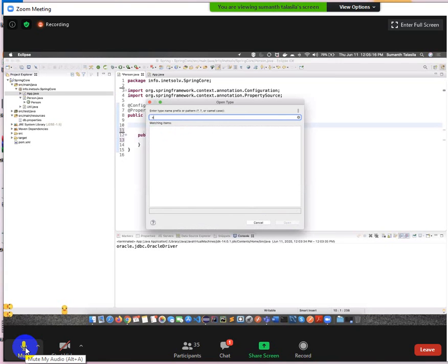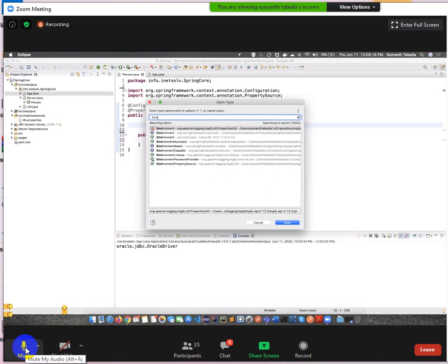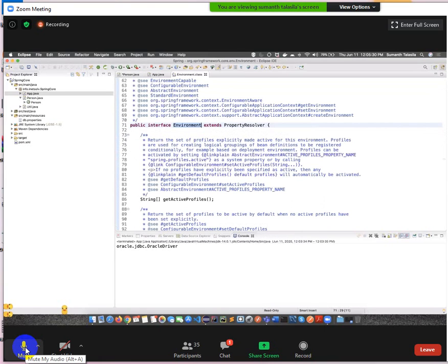Before that, first of all, let's learn about environment. Is Environment an interface, or is Environment a class? Interface. Yeah, Environment is an interface. Now, how do we get this environment object?